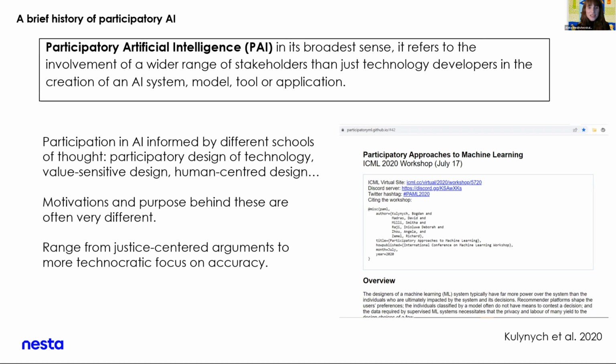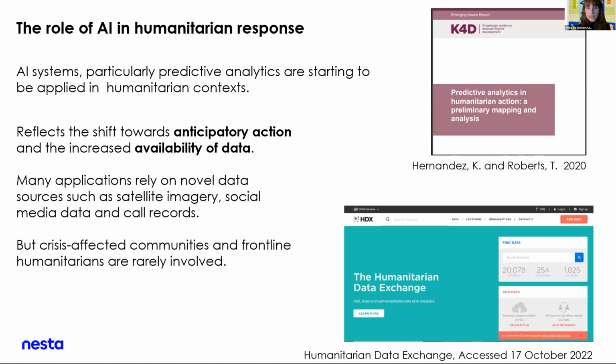And I think that this highlights that at the moment there is a lot of emerging practice in this field, including practitioners who are coming from schools of thought more focused on human-centered design of machine learning systems. And so often when you read about case studies or emerging practice, there are different justifications or intentions that are given for introducing a participatory process. But I think the thing that unites them all is that they in some way try to address the critiques, which I'm sure many of you are familiar with, of the risks that AI systems pose, particularly when it comes to high stakes decision domains, such as the humanitarian sector, which is where our case study was focusing